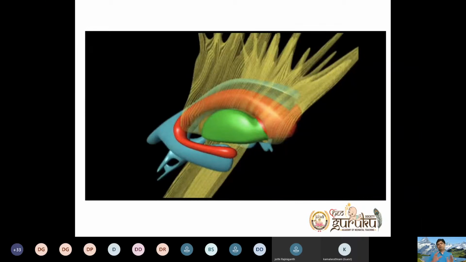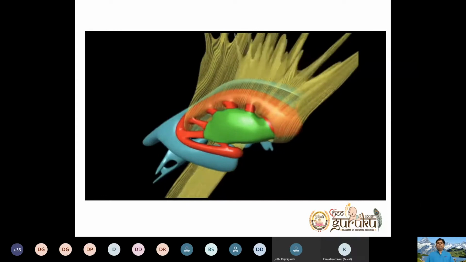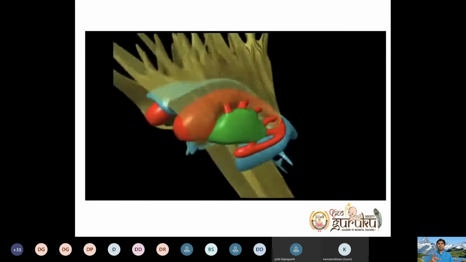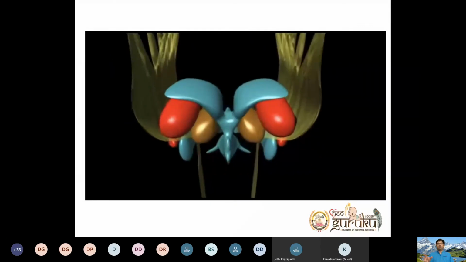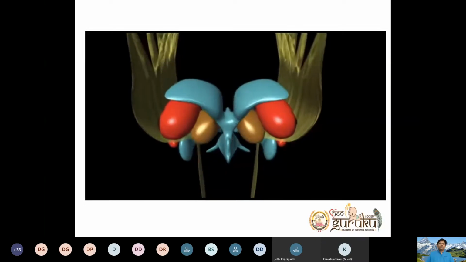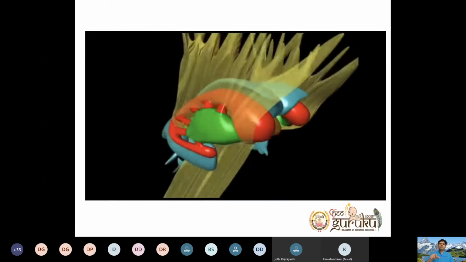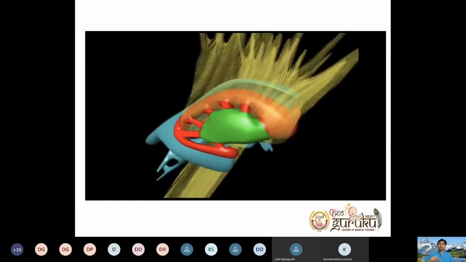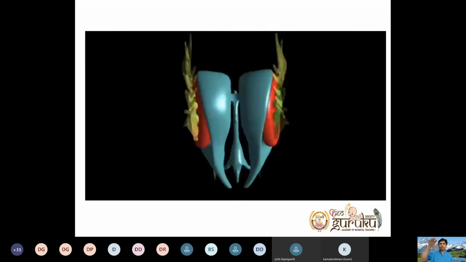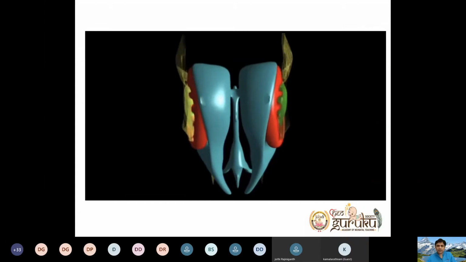Now you can see that your lentiform nuclei are getting connected to caudate nucleus, forming the basal ganglia. Neostriatum we call, lenticular nucleus we call, based on globus pallidus to putamen, and caudate nucleus to globus pallidus. So you can see there is an internal capsule in between, which is being pierced by the connection which is happening. This is the superior surface, how it looks. I'm sure the inside part is very clear now.